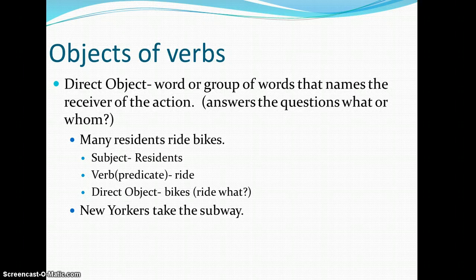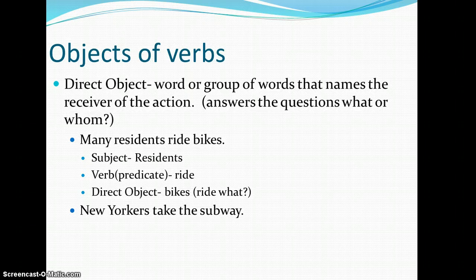Many residents ride bikes. Our subject is residents. Our verb or predicate is ride. And then what do they ride? Or ride what? They ride bikes, which would be our direct object. New Yorkers take the subway. Our subject is New Yorkers. What's the verb? It's take. What do they take? The subway would be your direct object. It's just asking yourself a series of questions to figure out